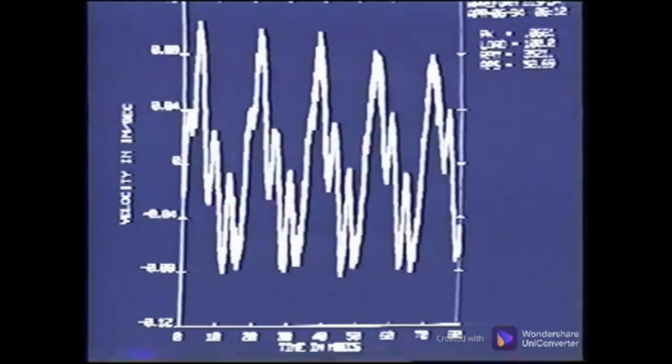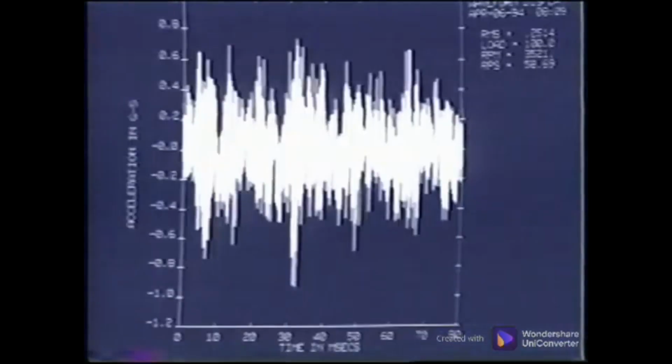The same measurement point in velocity still has a predominant 1 times sinusoidal waveform, but has other energy that could be multiples of turning speed. The acceleration waveform of the same point shows much more energy present with high-frequency energy. It is important to note that these 3 measurements are made from the same measurement point with the same measurement